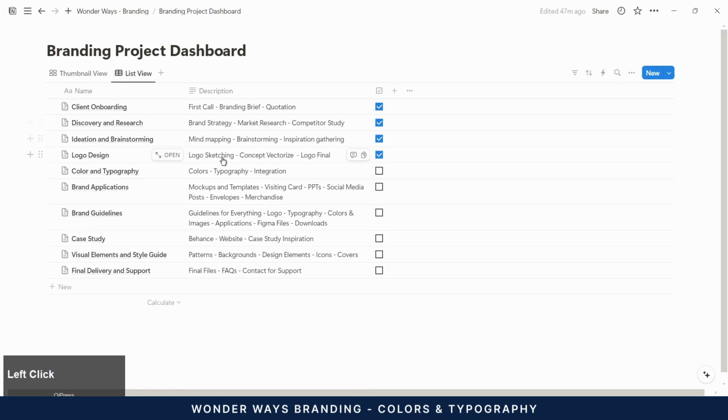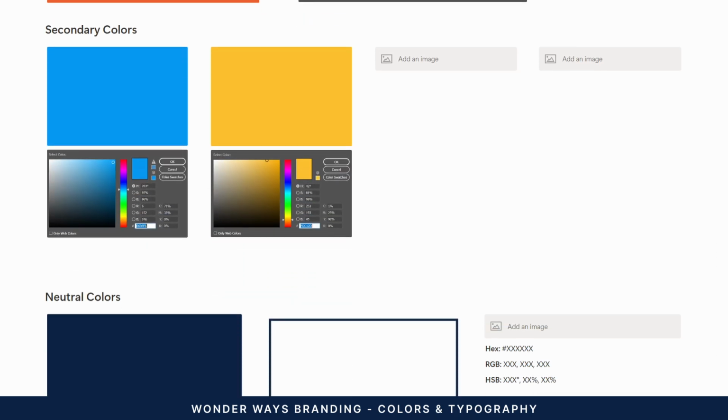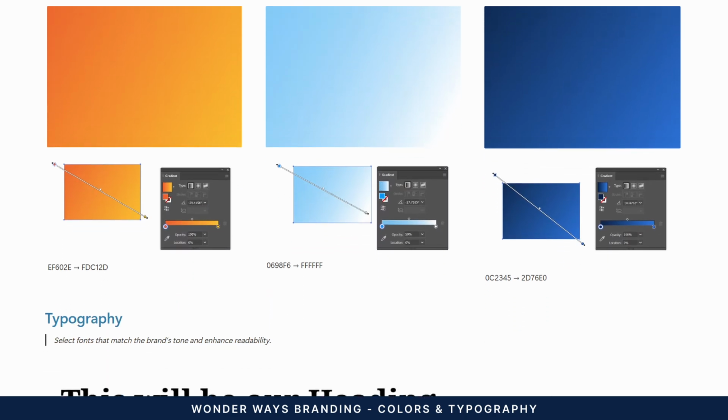We're done with the color and typography section. Now we have clear guidelines on which fonts and colors to use for the brand.